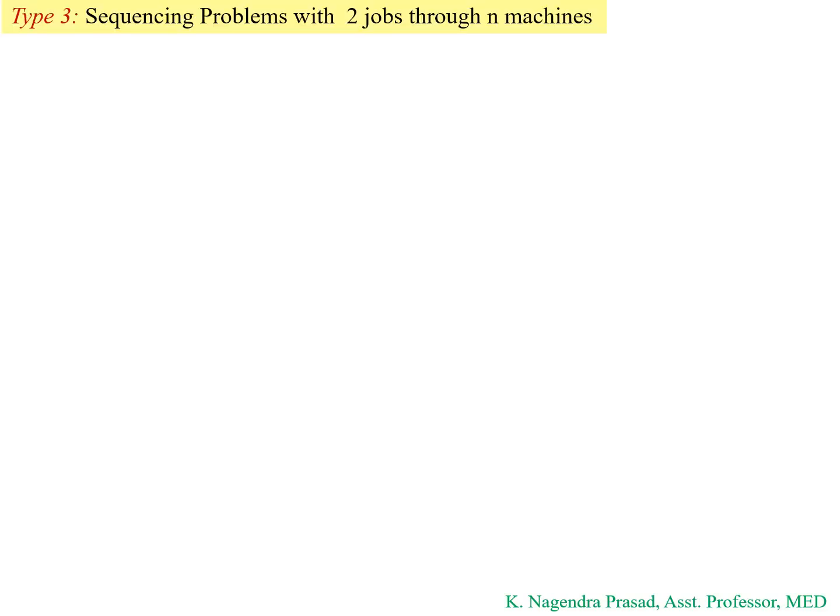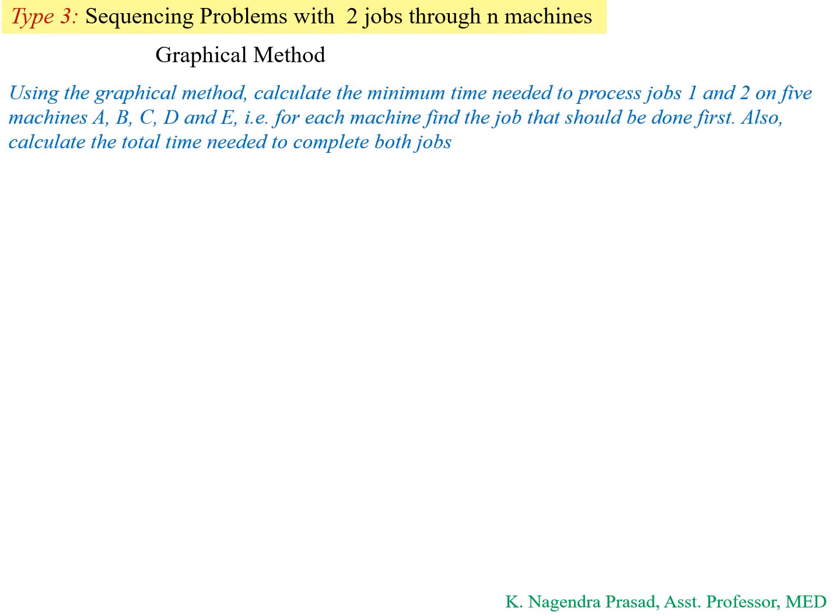Hello everyone. In this video, I am going to discuss the sequencing problem with two jobs through n machines. This type of problem can be solved by the graphical method. We will discuss this method with one example problem. Let's see the problem. Using the graphical method, calculate the minimum time needed to process job 1 and job 2